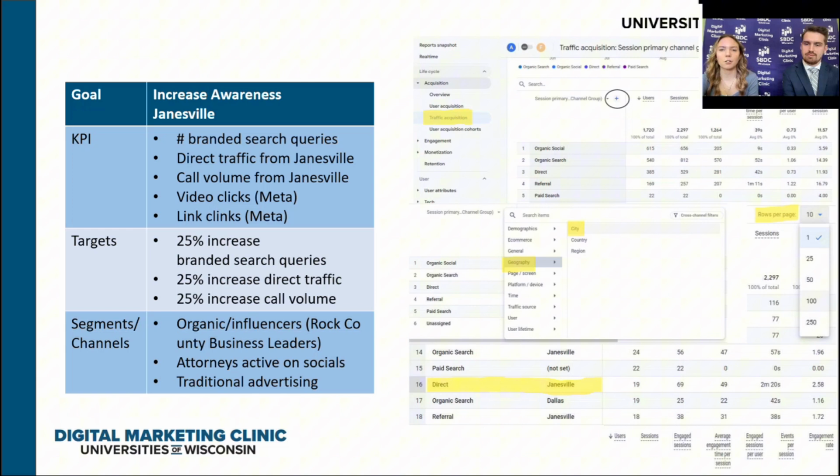And also don't sleep on traditional advertising. This is the main reason, to create awareness for your brand. This business was also running paid search ads, so they could see how many people were coming from that through this tool as well, through Google Analytics. We could also see that there was a lot of traffic coming from social media, so we definitely suggested to run more social media ads to help just gain that awareness as well. And you can target when you do social media ads based on location as well. So they can definitely hit on that Janesville area. And it just goes to show how all of these decisions are then backed with the data that you have.